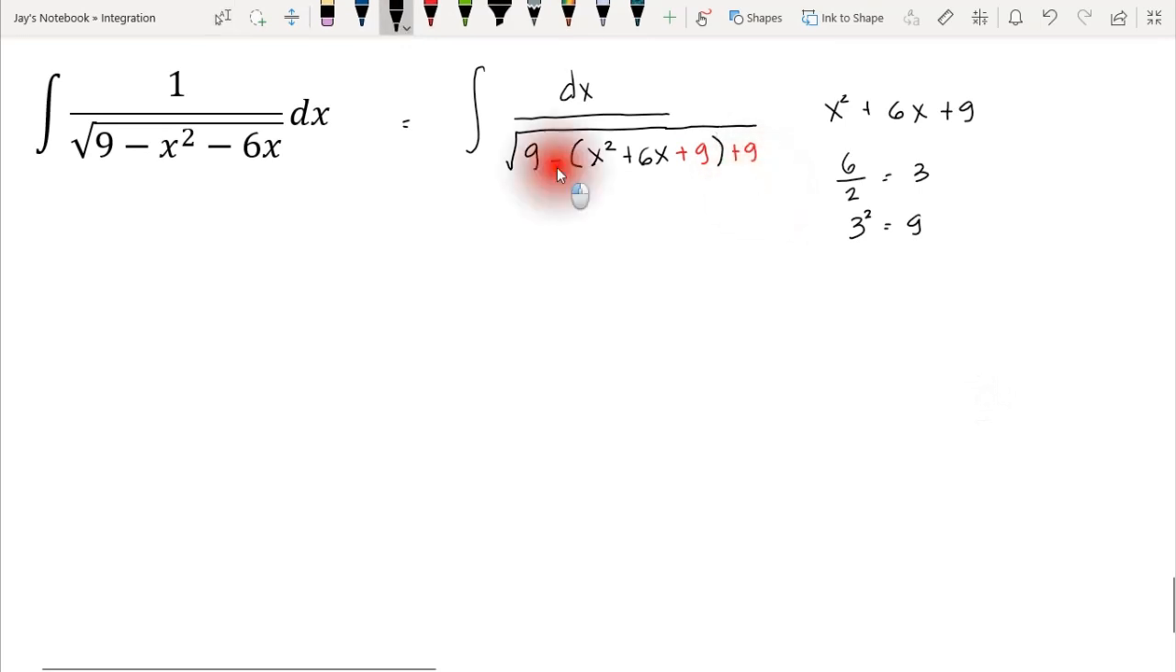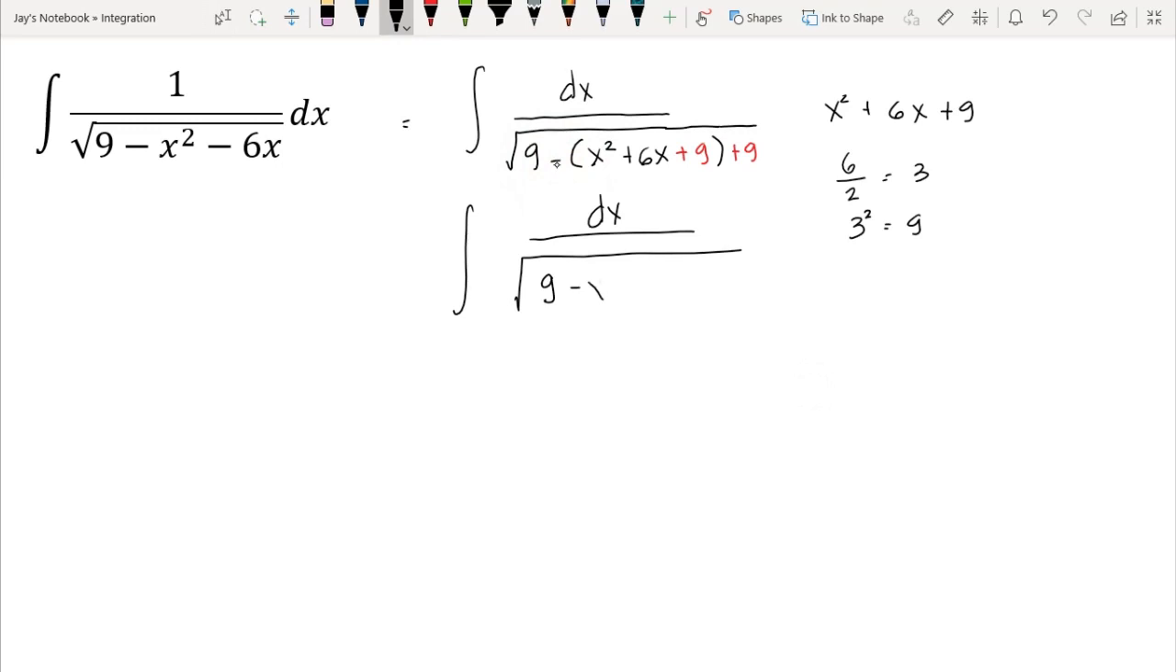If we simplify it further, we have negative times x squared minus 6x, then negative times 9, that is negative 9, then we have plus 9 outside, so this would become 0. So therefore our function has not changed, since it is as if we are adding 0 in the denominator. So we could say that it is